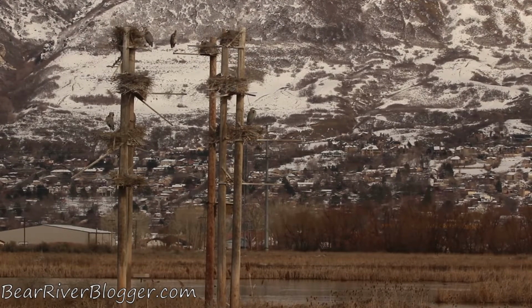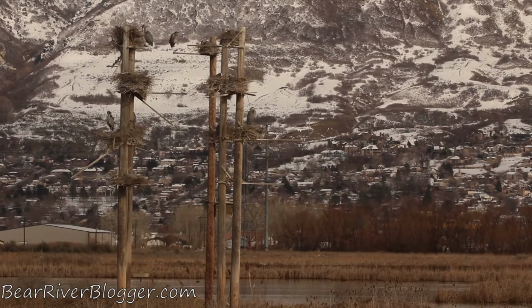So I expect things to get back to normal, but for now it looks like the heron rookery is just kind of on pause for a moment. So we're just kind of waiting for things to warm up again. Once the activity starts